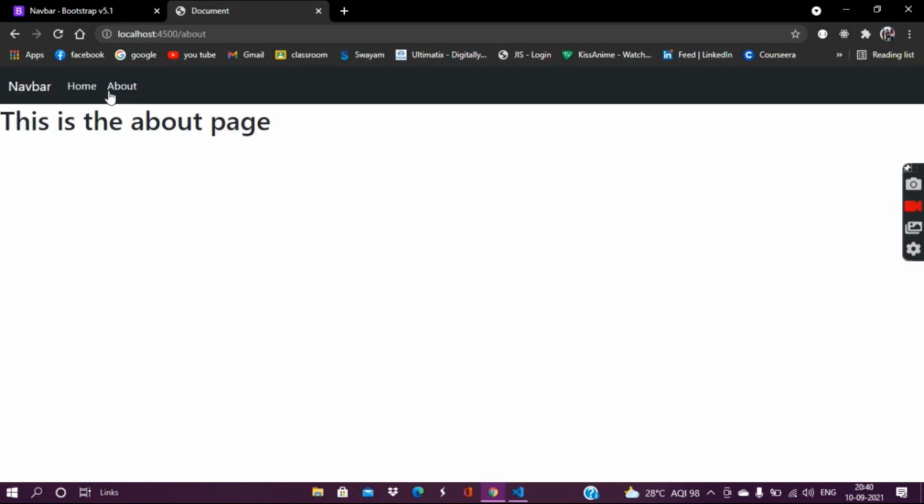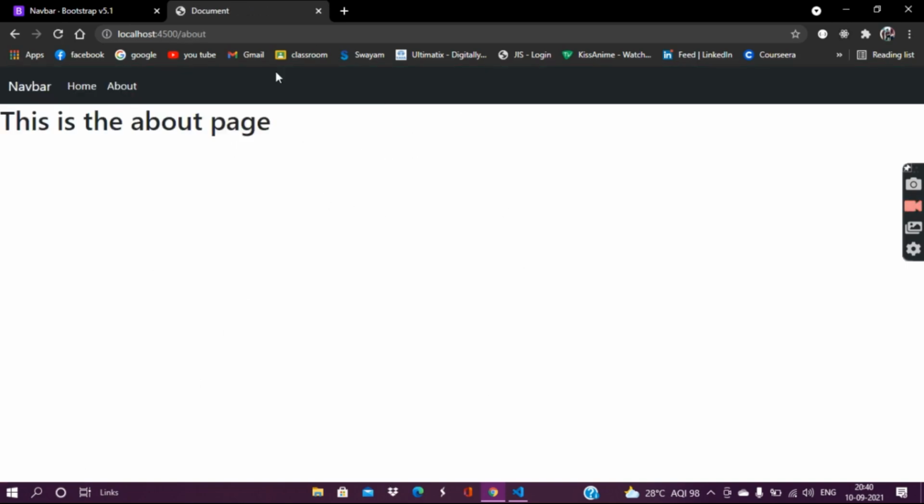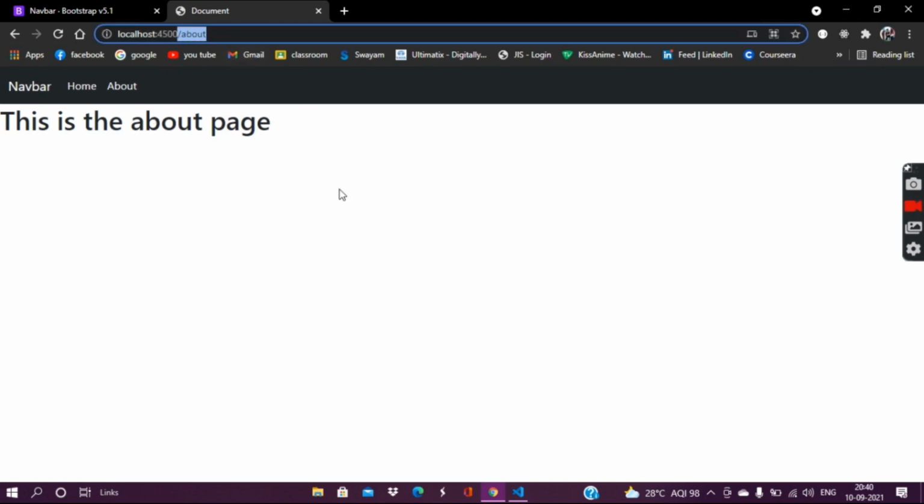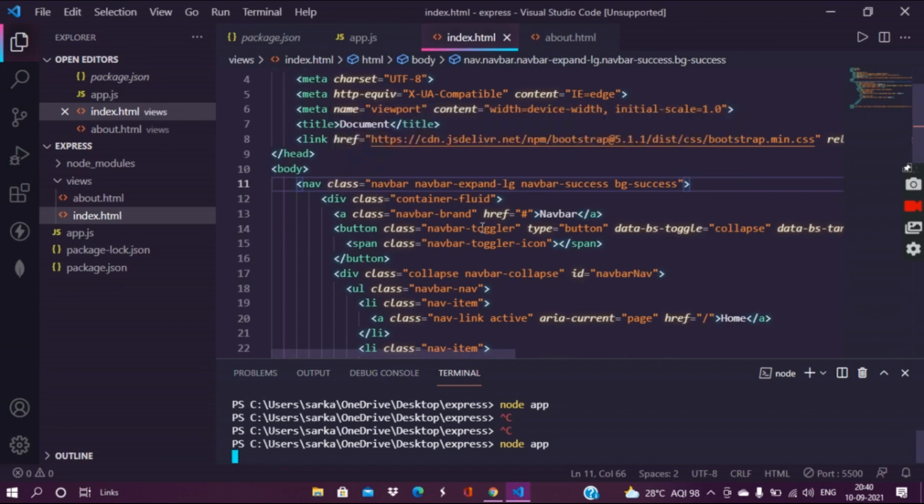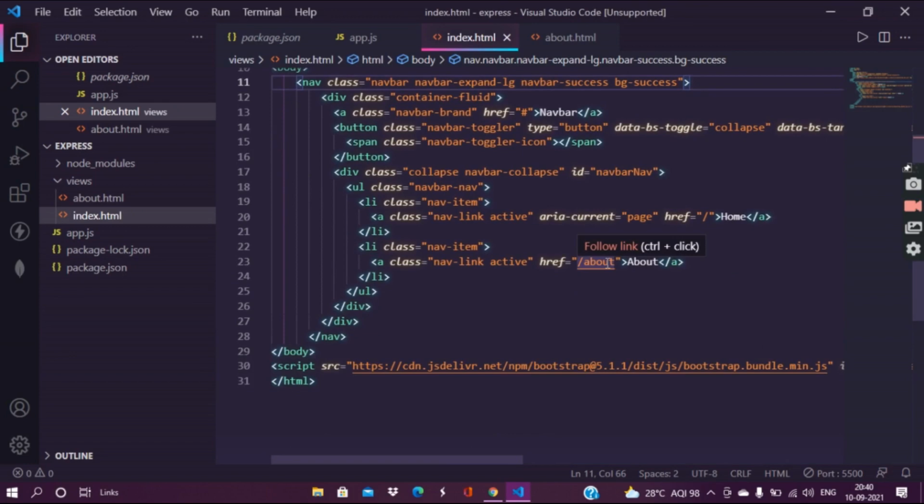Okay, so when I click the home, you can see that it is the index.html, and when I click the about page, it is rendering the about.html, which I give, and the URL is slash about. So this is for today, and in the next lectures I will try to show